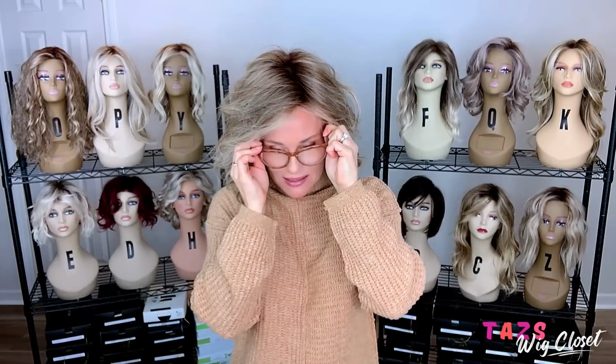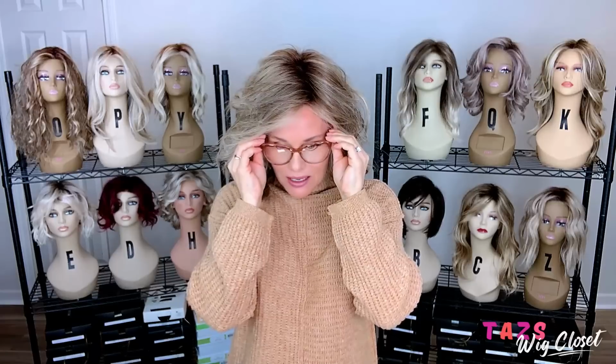So the first thing I want to do is show you glasses. I like to do that because it kind of gives you an indication, especially if you're a full-time glasses wearer, but really any glasses wearer, of just how it's going to feel. Is it going to feel secure? Is it going to be painful? This particular piece,